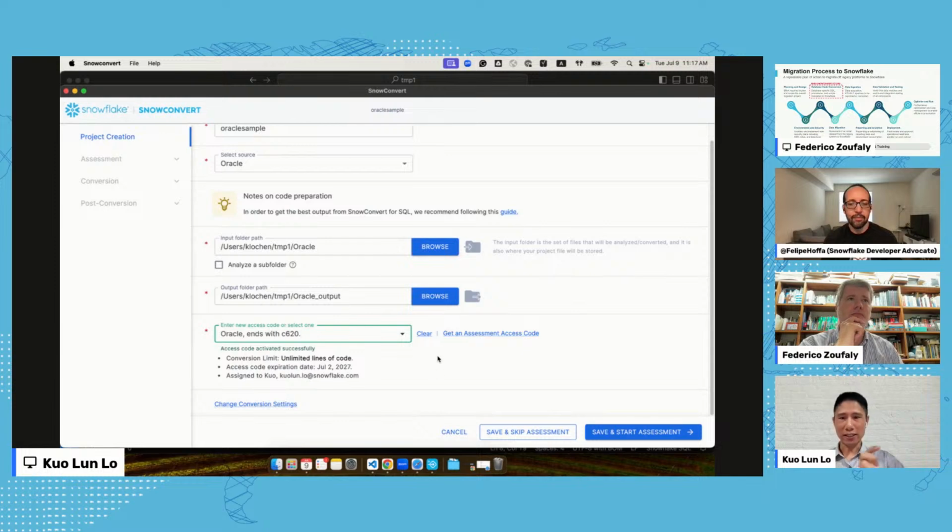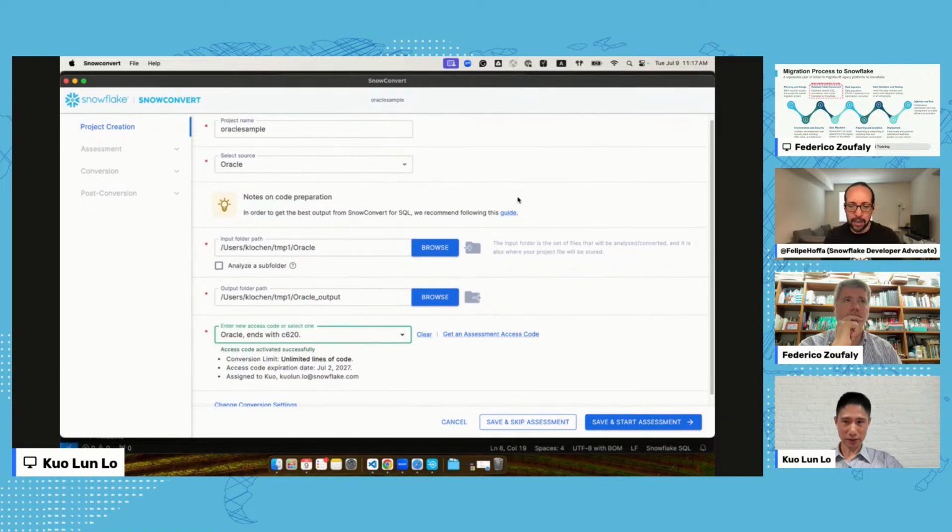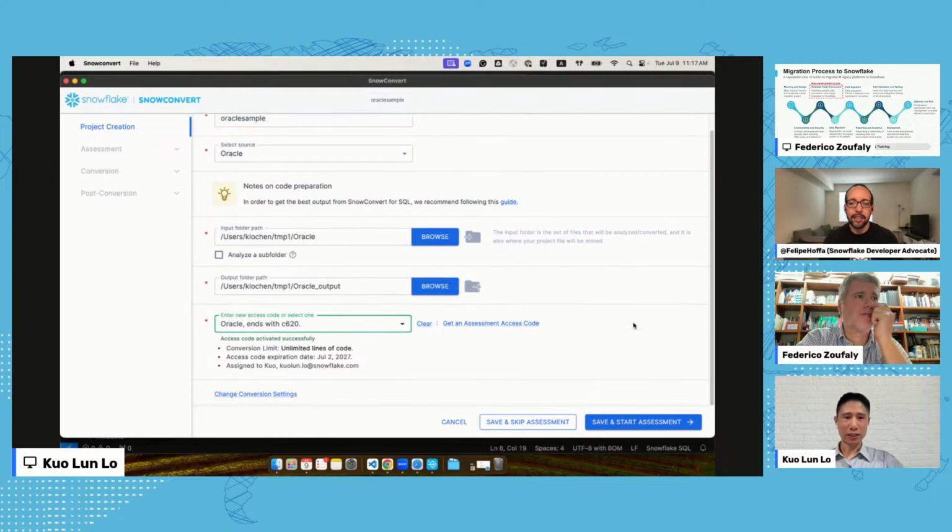Then you just copy the code and paste it here, and that's all. This is free, but we want a relationship with people that use the tool. This step is totally free. Yes, correct. Okay, let's click on Start Assessment.